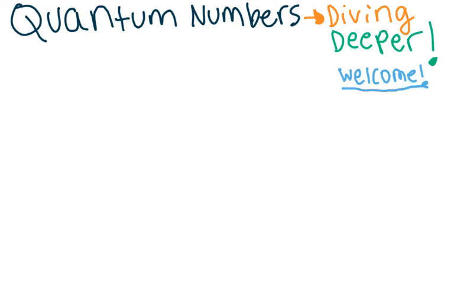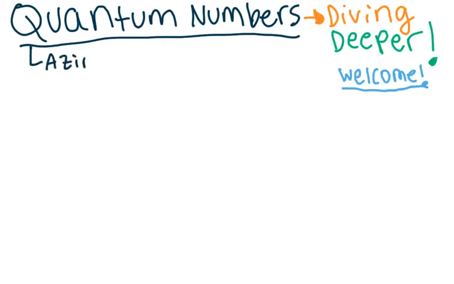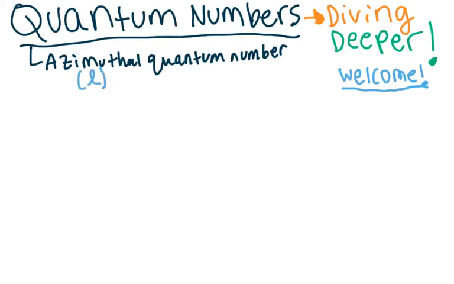So let's quickly list out the four quantum numbers again, like we did in the last video. So we have our azimuthal quantum number, and that's our L. We denote that as L, or angular momentum quantum number. So let me write that down, L. And second, we have our principal quantum number,